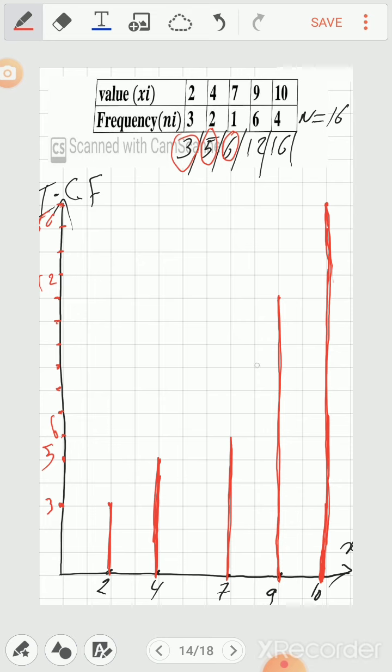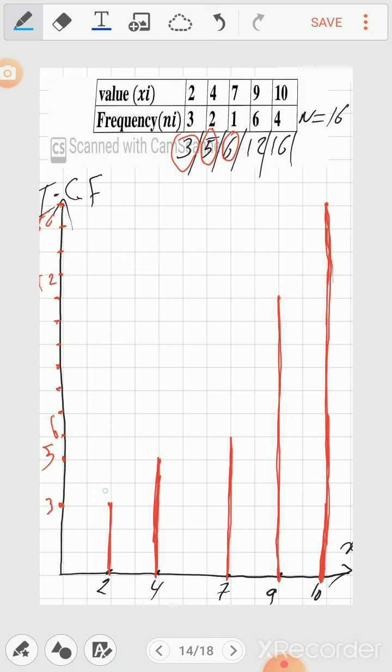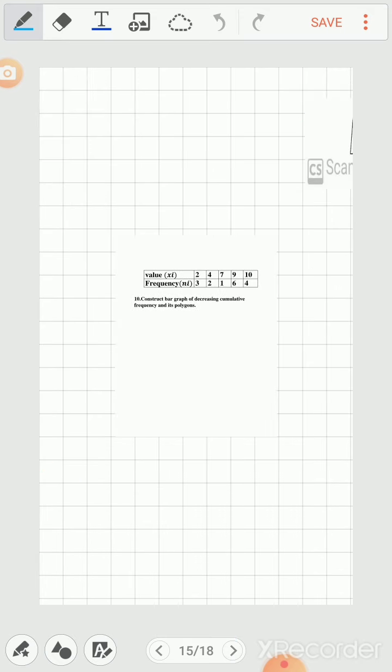Now the polygon. Now we have to construct the polygon in blue. We join this with this by a straight line, and this with this by another straight line, this by another straight line, and this. The blue one is the polygon of increasing cumulative frequency. Now construct